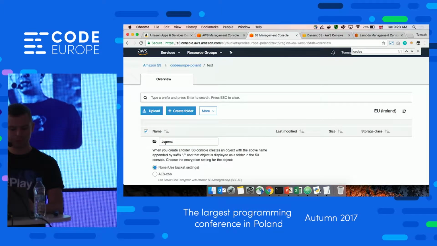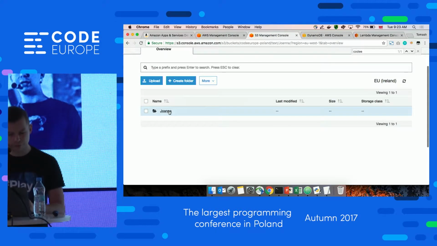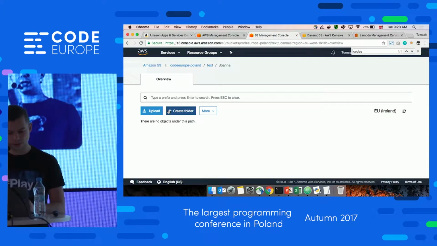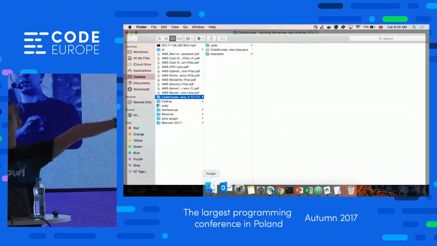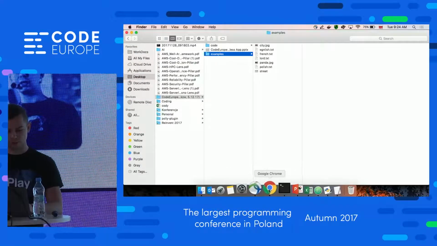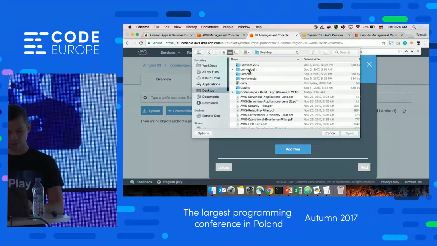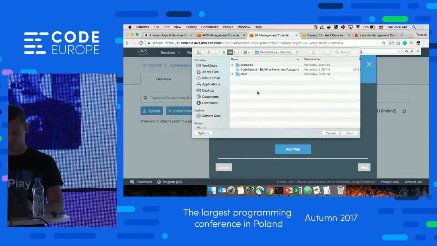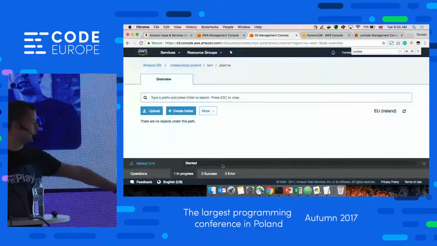So I have prepared some examples already. Let's say this one. Great to be here. I think this is working. This is really this file, or maybe a different one. So this is the beginning of the Lord of the Rings, trust me. So I will put it there. So upload. I will just upload it from the browser. It will be just easier. Okay, so the file is there.